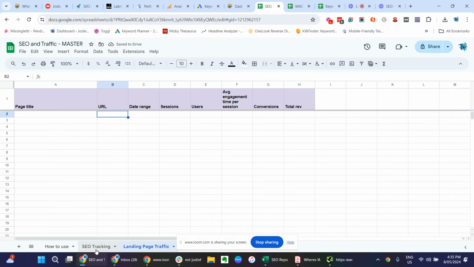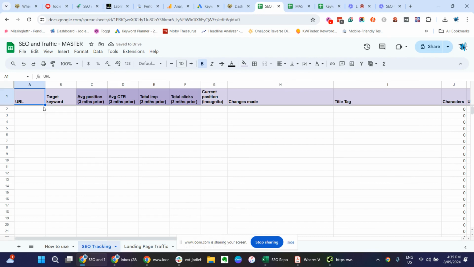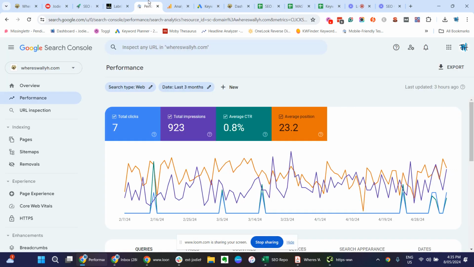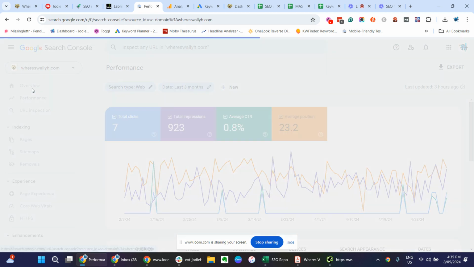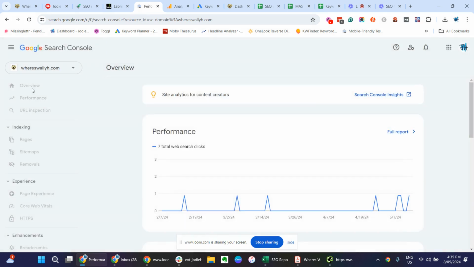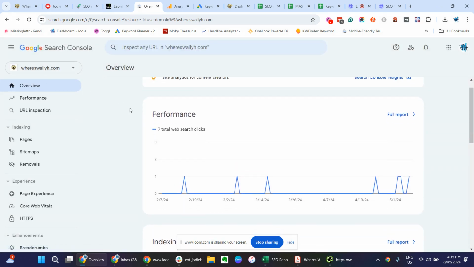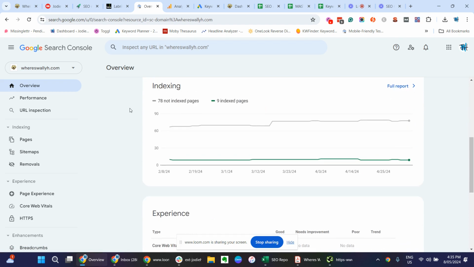So today I'm going to take you through how I use Google Search Console for SEO. Now there's multiple ways of using Google Search Console for SEO purposes. Like, it is the